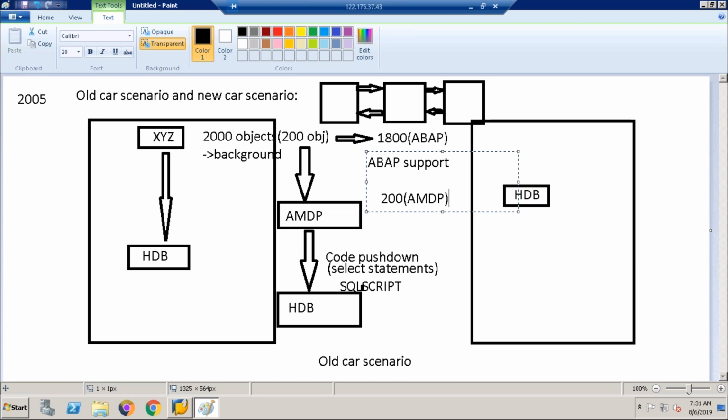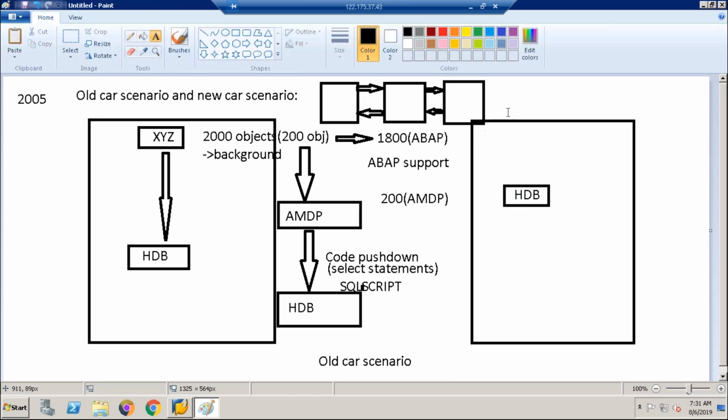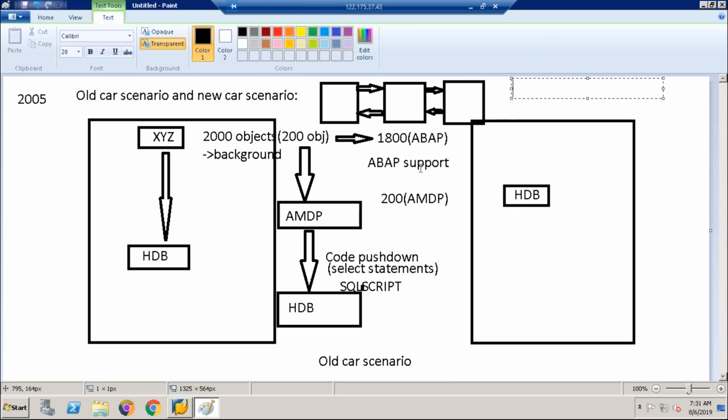Instead of hiring new HANA consultants, within the project itself they will ask ABAPers whether you know HANA or not, whether you know AMDP or not.